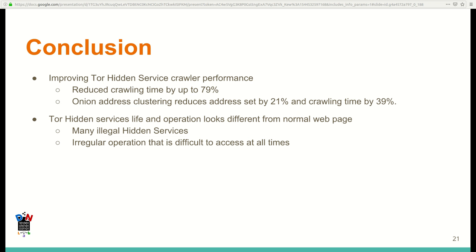Our study is summarized as follows. We were able to shorten the crawling time by up to 79% through the Docker-based Tor crawler. Clustering onion addresses for duplicated hidden services reduced unique onion addresses by 21% and reduced crawling time by 39%. As a result of the analysis of the hidden services, they have a different environment from the normal web. There are various illegal hidden services in Tor, and it is difficult to access them at all times due to irregular